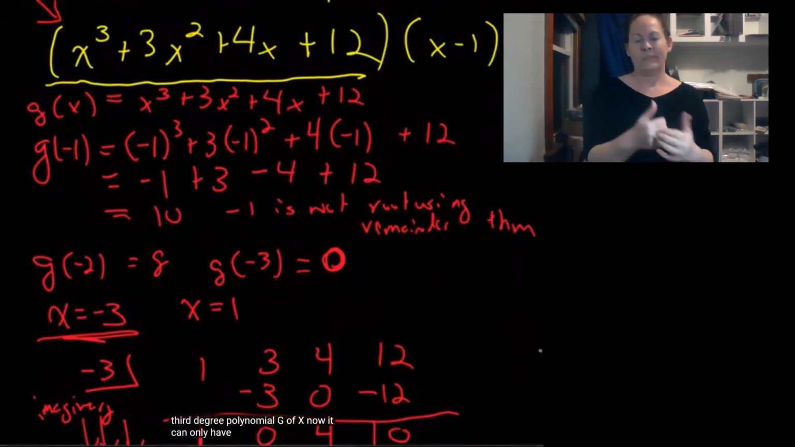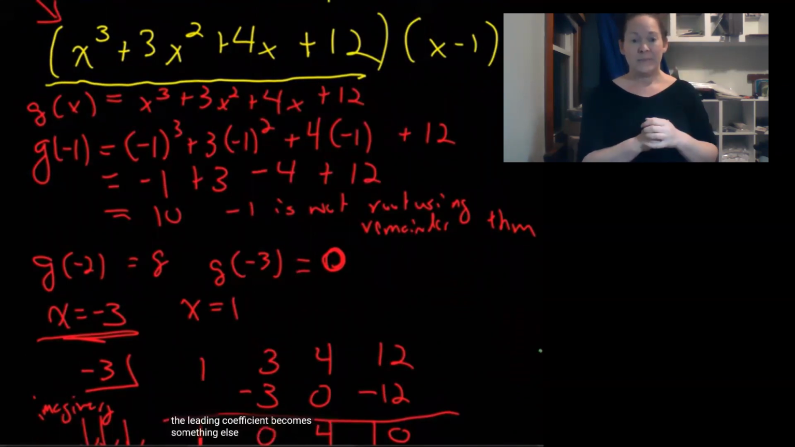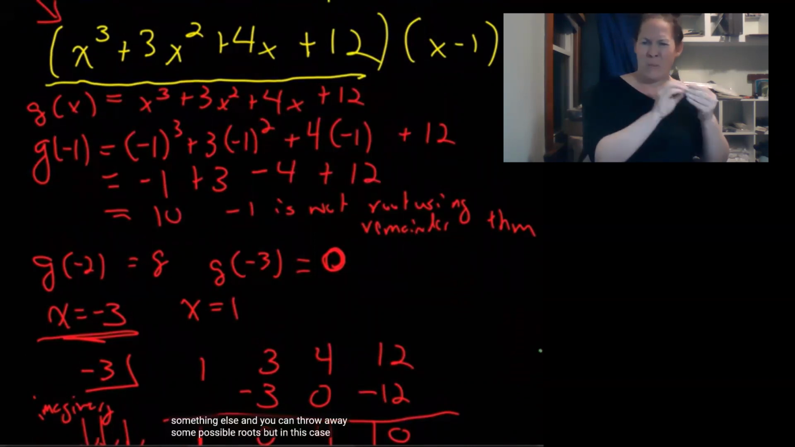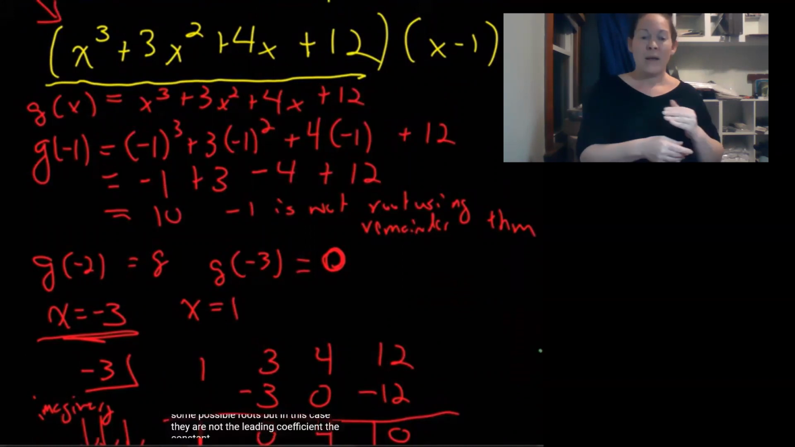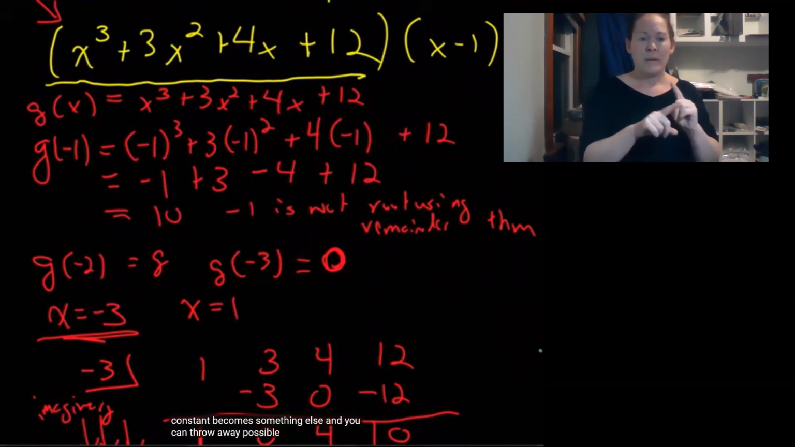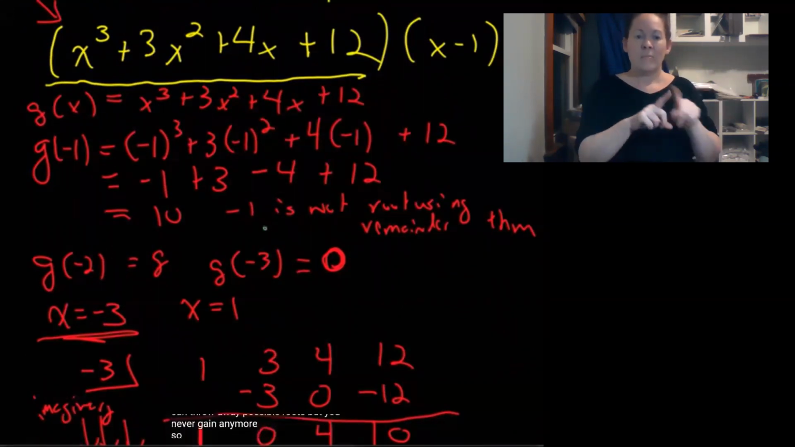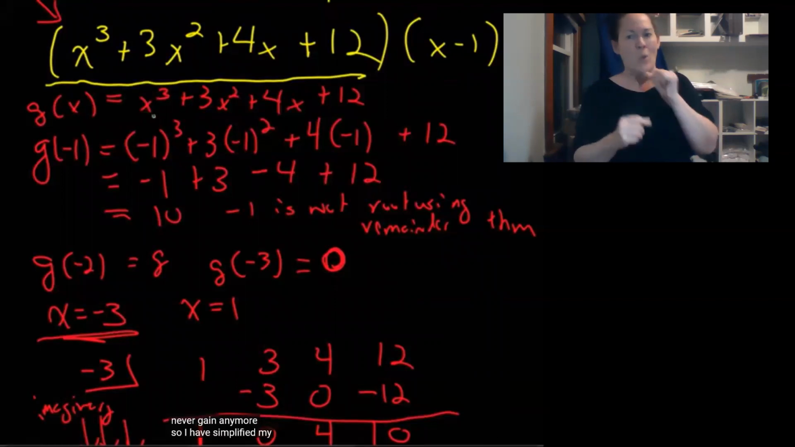Now, it can only have the roots from the rational root test up above. In fact, the only thing that tends to happen here is that the leading coefficient becomes something else, and you can throw away some possible roots. But in this case, not the leading coefficient, the constant becomes something else, and you can throw away possible roots. But you never gain any more. So I have simplified my